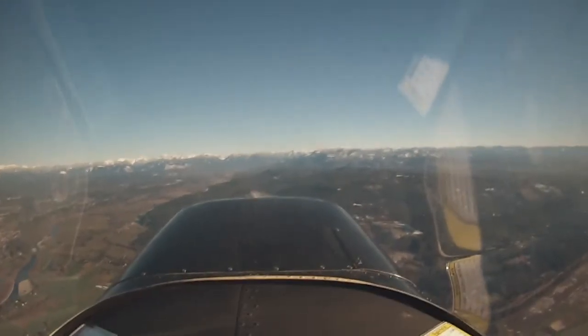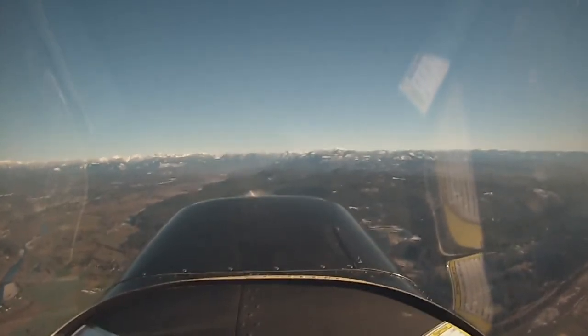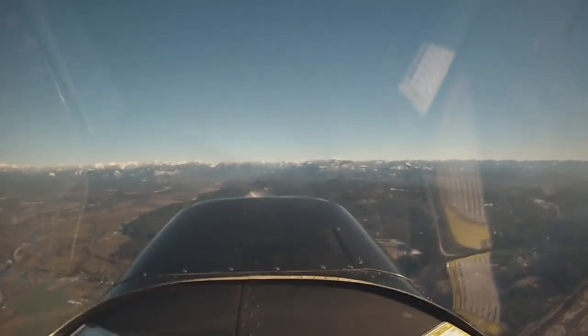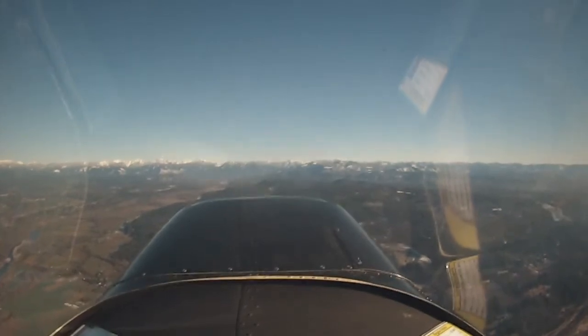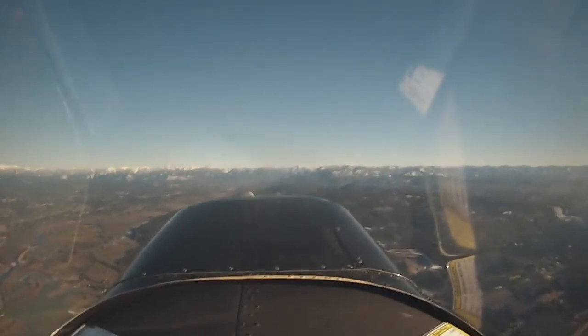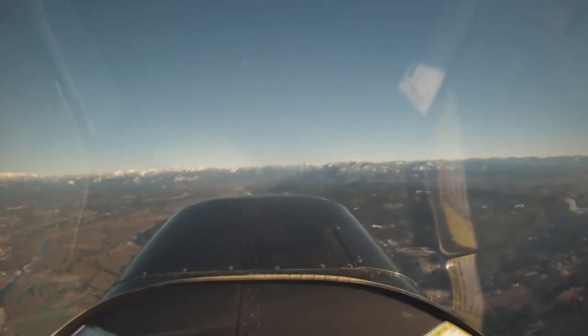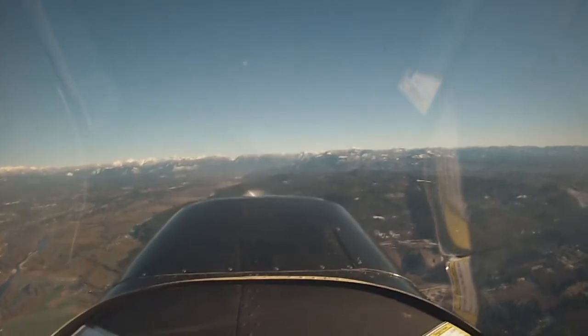Okay, so we pulled it all the way into the stall. Right. Stall horn was going, airspeed was nice and stable. The airplane never even actually dropped, did it? No. It never broke. It finally dropped off one wing, and as we did so, it kept just slowly going more and more right wing down. Right. To where it eventually got enough airflow over the tail due to the side slip that it went, you know what? I actually can...